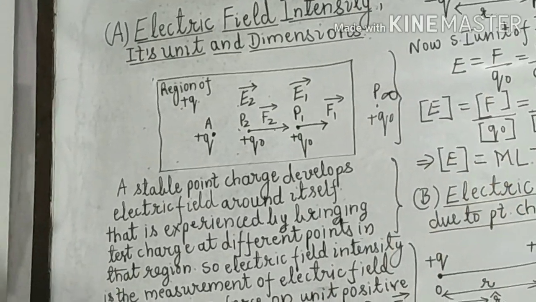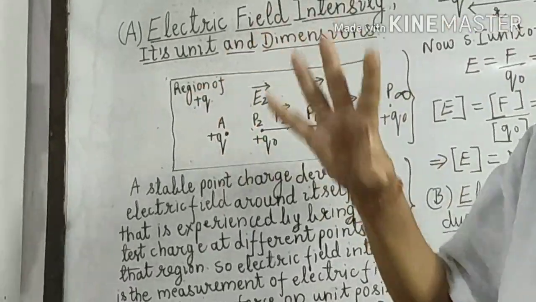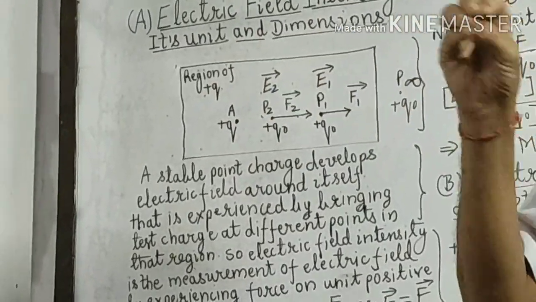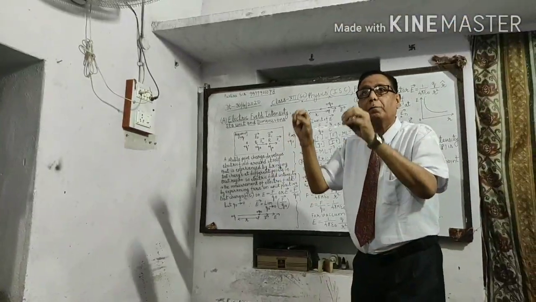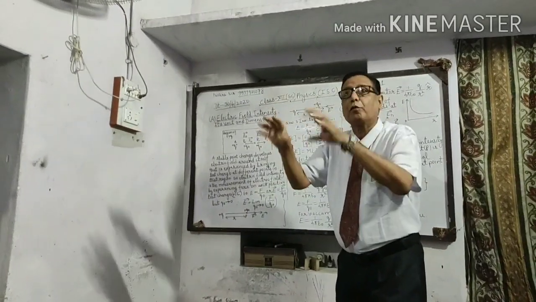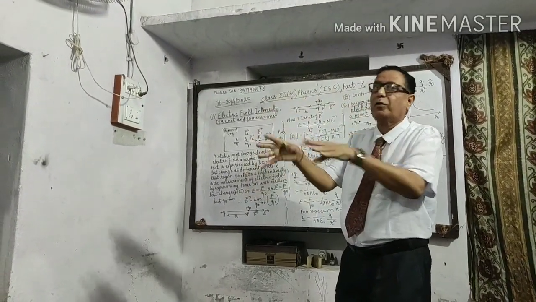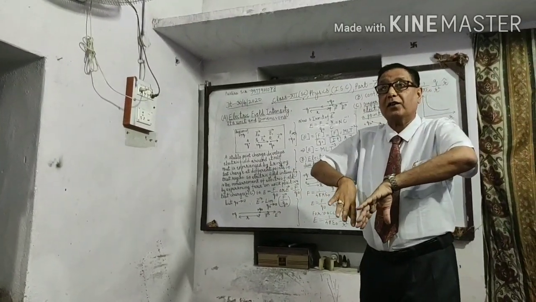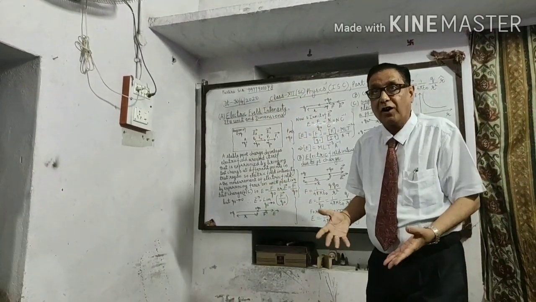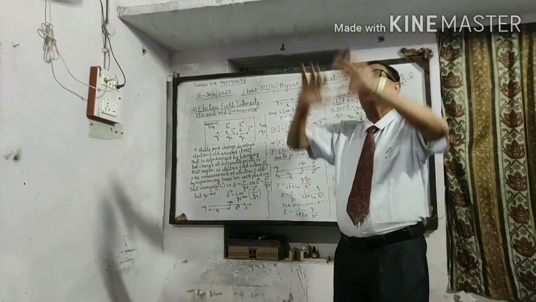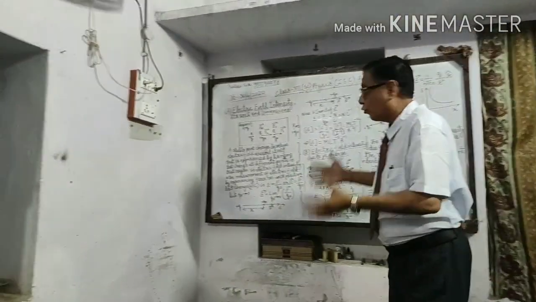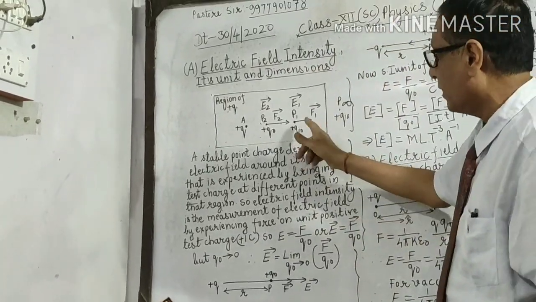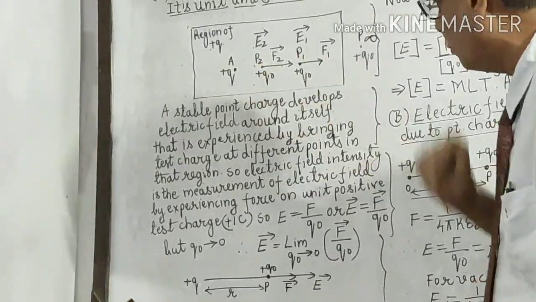Now I want to know whether in this region there is an electric field, or whether any stable point charge or group of charges is present. When a group of charges or stable charges are present, then only will they influence the region. So I want to calculate the influence of that region. For that I have selected 2 points P1 and P2.